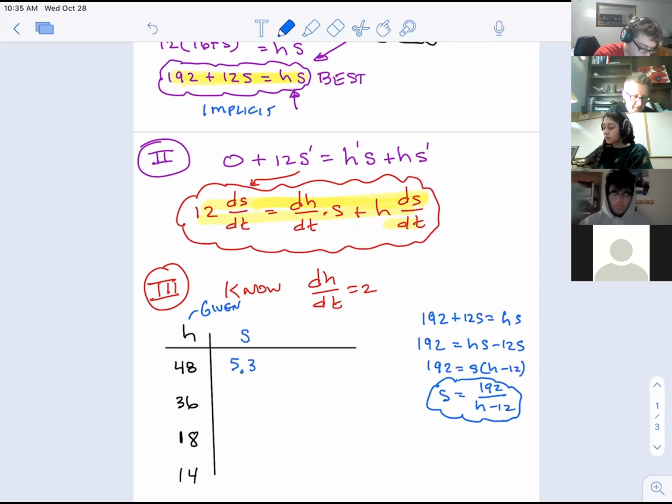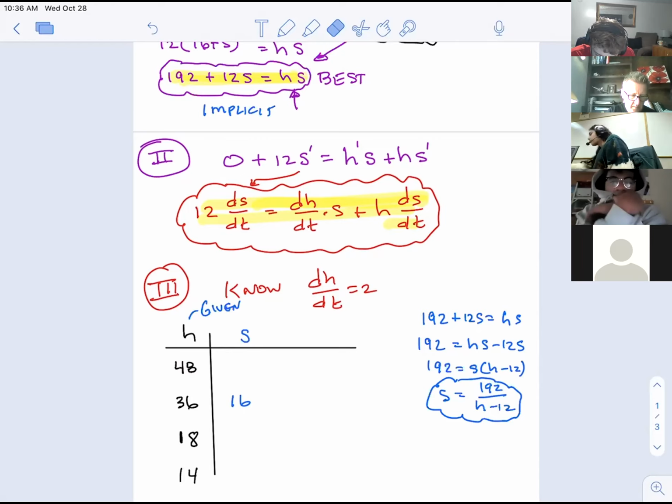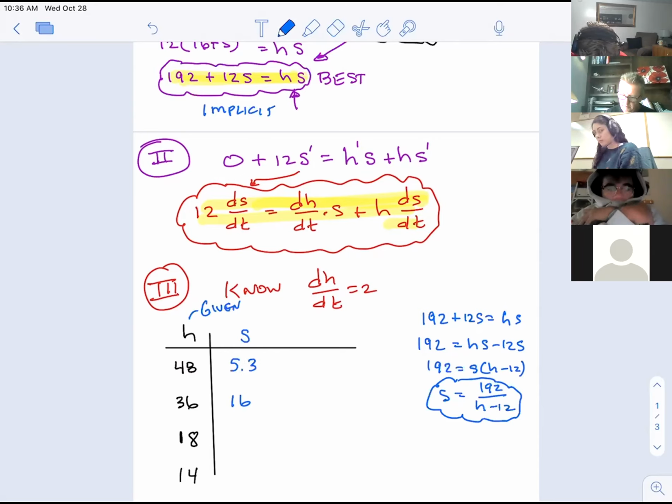When I throw 36 into there, what I want you to notice is what's happening to the shadow. Then it's 16, I mean. And then when it's down to 18, now I'm sorry, I typed the wrong thing into that first one. I was looking at my notes here and totally blew that. No, I got the first one right. Let me see. Sorry, I'm such a complete idiot here. 36 minus 12.